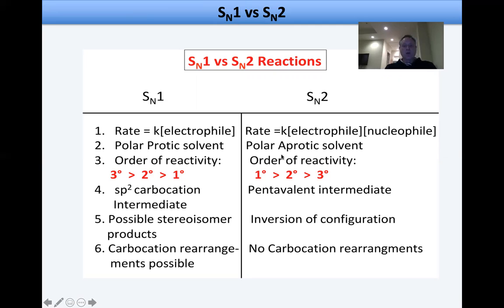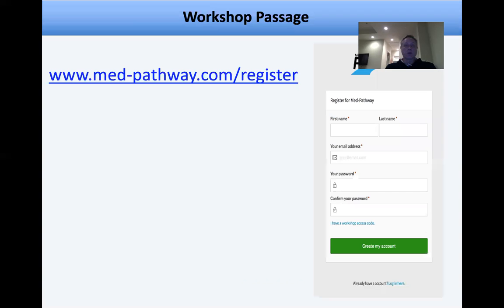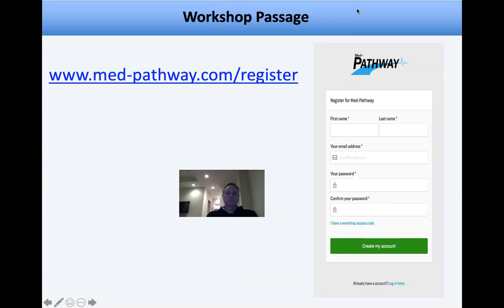SN2, notice how the order of reactivity is the inverse of that, because if you have a tertiary carbon, for example, then you're going to have a lot of bulky groups that are going to get in the way of that backside attack. Inversion of configuration, no carbocation rearrangements, no carbocation intermediate. So now what we're going to do is we're going to do a couple workshop passages. And so I think that